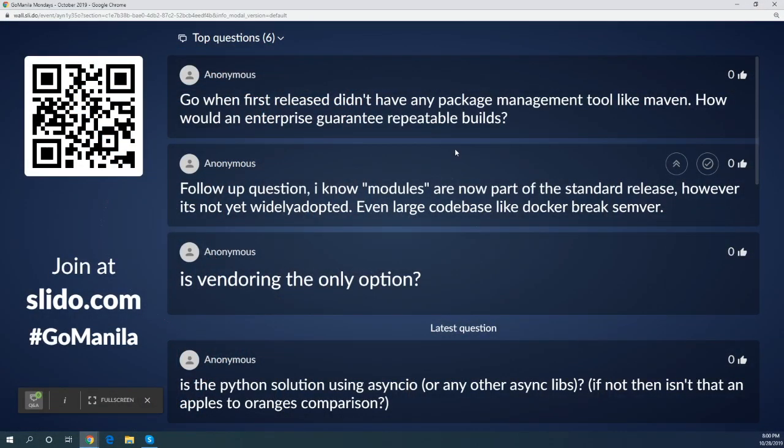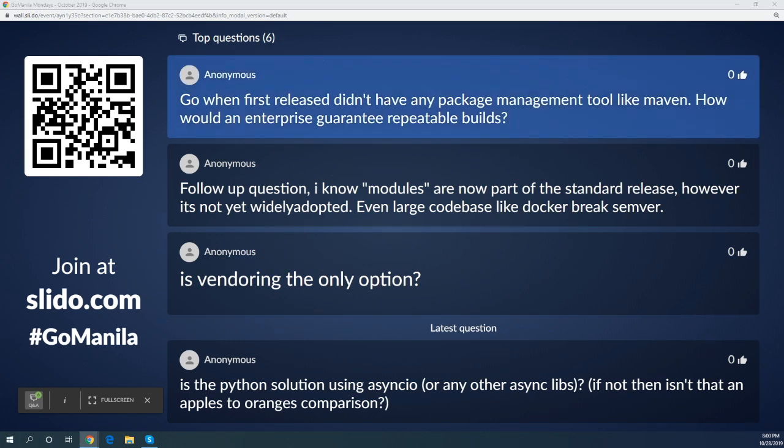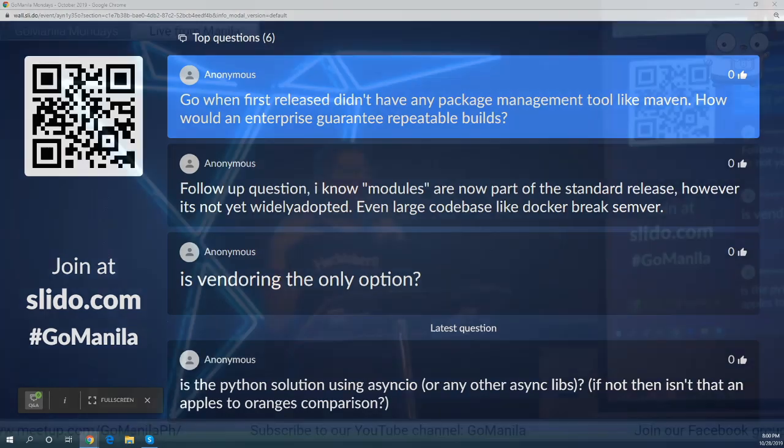We have some questions here. Let's start with this one. Okay, it says: when Go was first released, it didn't have any package management like Maven. How would an enterprise guarantee reputable builds? Well, it so happens that